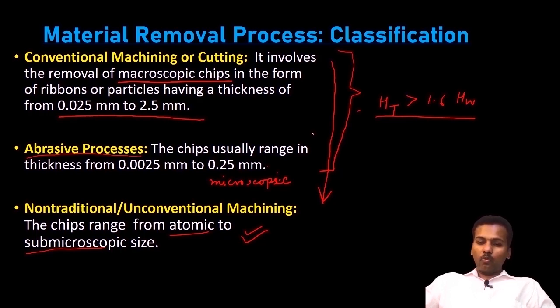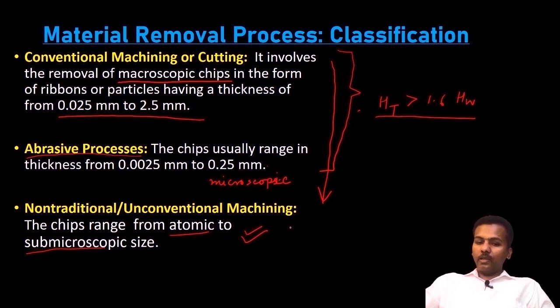And even if you are going to machine at a very high velocity, the temperature will be generated, and the tool material's red hardness comes into the picture. As the temperature increases, the hardness will decrease. The temperature during machining will increase with the speed of the machining, and so the capability of the tool becomes lower, and hence a different process, the non-traditional process, was applicable in those cases where there is no direct contact of the tool with the workpiece material.